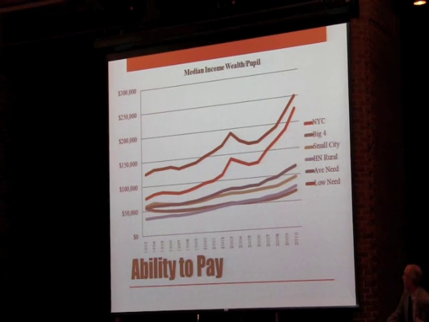All right, and what we have here are different lines for different ways that the state always categorizes school districts. You got New York City, you got the big four, Buffalo, Rochester, Syracuse, Yonkers. Small cities in the beige kind of line. The blue is the high need rural. Black is average need, and the red, actually more of a maroonish, the top line, are the low need districts, the wealthy communities. Okay? Over time,